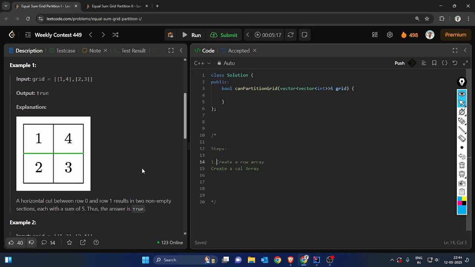Let me write this as the first step. This is the second step. Third step will be iterate and add the grid of i and j to both the row and column at the respective positions. By respective positions, I mean i and j for row and column respectively, and then we can just iterate the row while maintaining